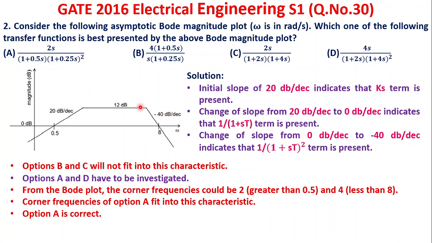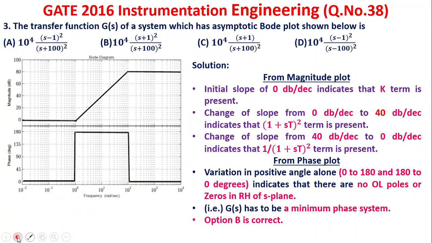Just by seeing, we were able to do it because we know how to use the knowledge that we have gained in the control system lecture series. What is very, very important in solving problems of this kind is that whatever knowledge we have gained in the regular lecture series, we should be able to apply. That's all. Apply, analyze. Next problem.